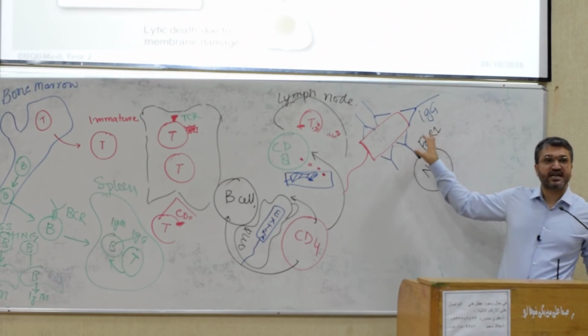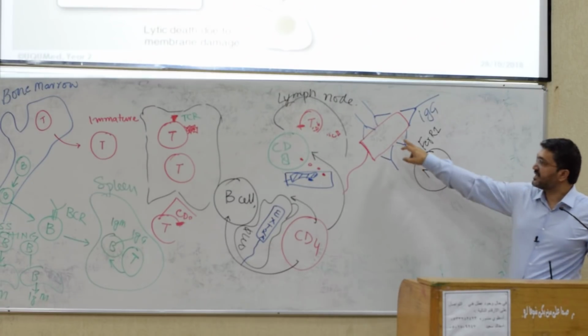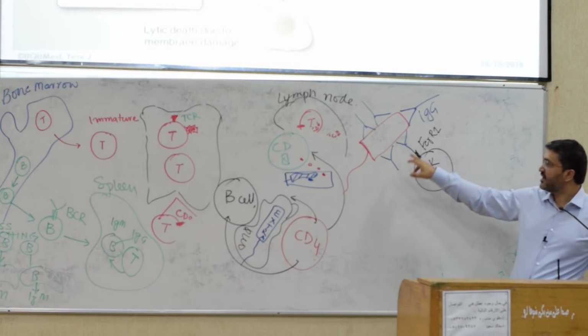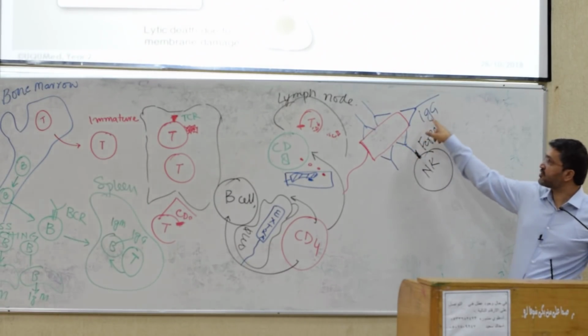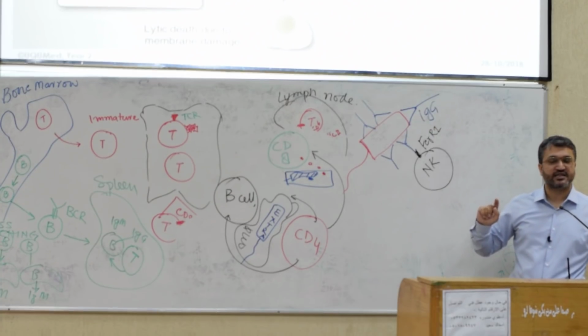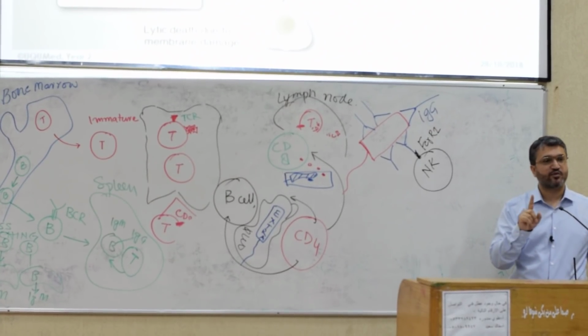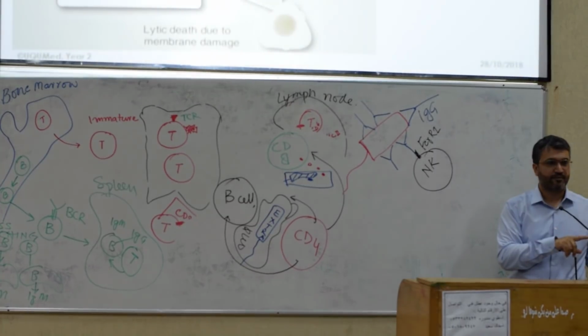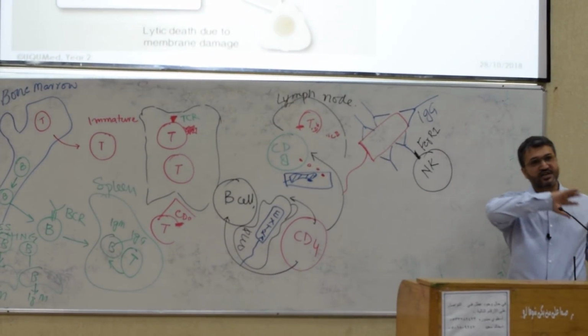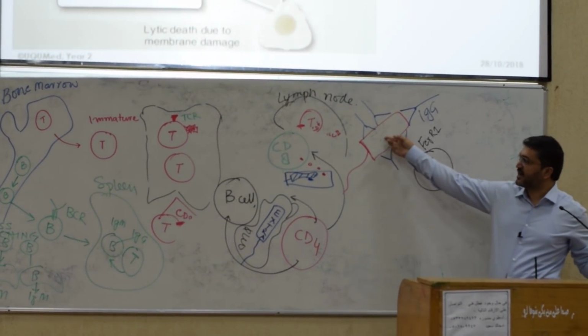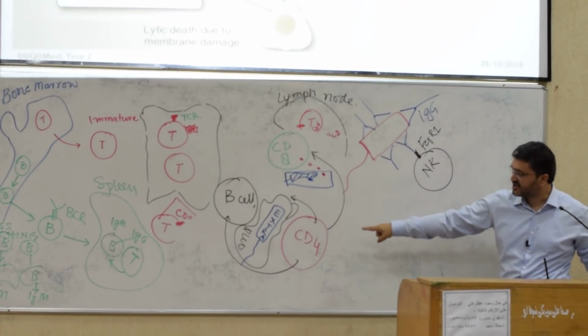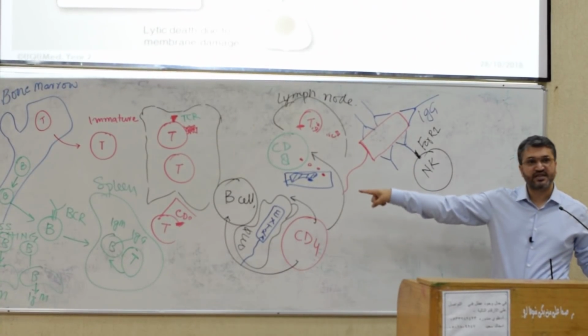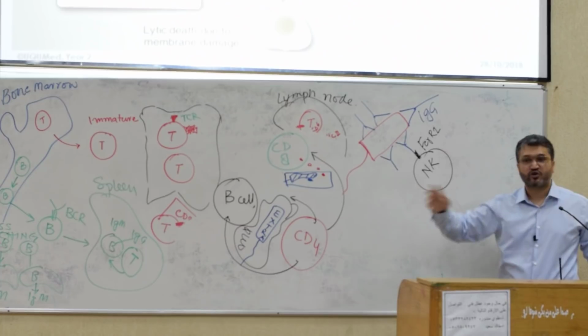Now it's a good time to explain one more thing, that this extracellular bacteria, or intracellular bacteria, has got IgG antibody against it. And I told you that the first antibody that is produced is IgM. Then it starts producing IgG against this bacteria. How? Because the CD4 cell helped the B cell to class switch. So they all work